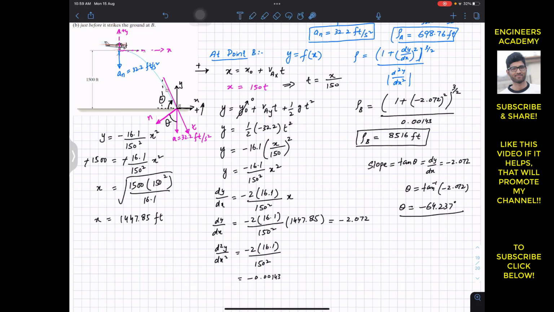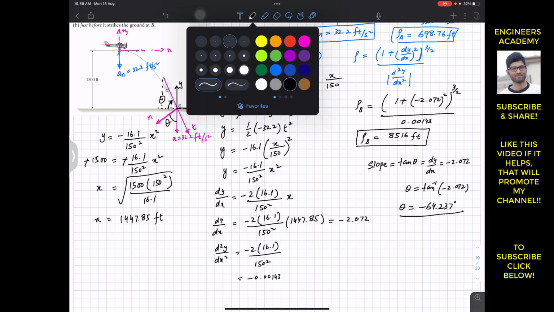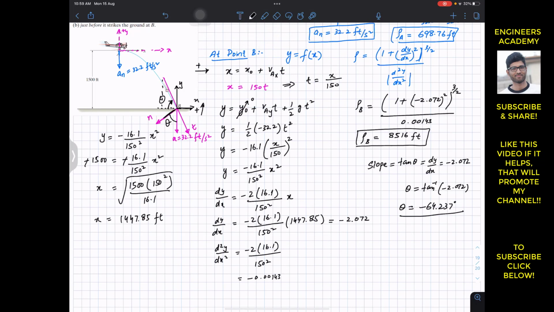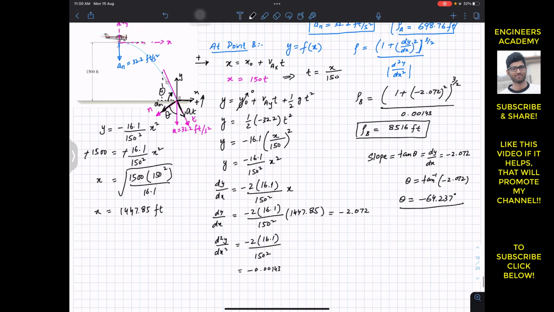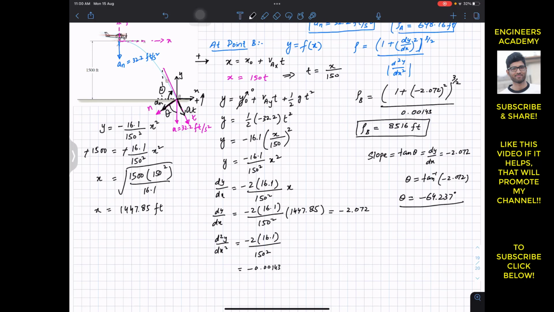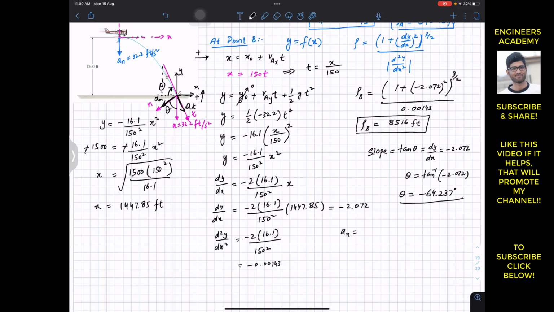Now if this angle is 64.237, we can resolve this a into its components, right? So this a will have one component in this direction, this will be an, and it will have one component along the tangential axis. So let me draw that. So this will be an, and this will be at. Now from this we can say that since the angle is made with the normal axis, an is the cos component of this acceleration, which is 32.2. So an is 32.2 cos of the angle, which is